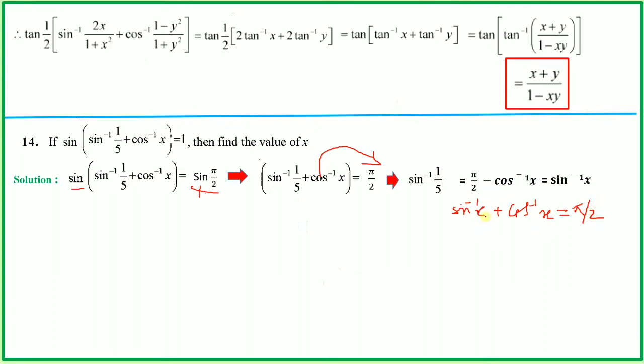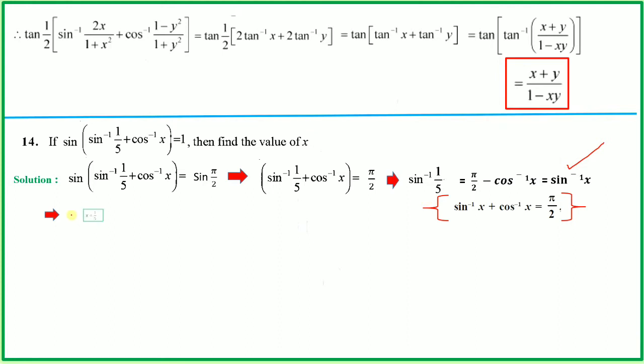So now the value of sine inverse x will be 90 minus cos inverse x. So instead of this pi by 2 minus cos inverse x, we put sine inverse x. It is here. So that is our value. Then this is equal to, because of this identity, we have sine inverse x.